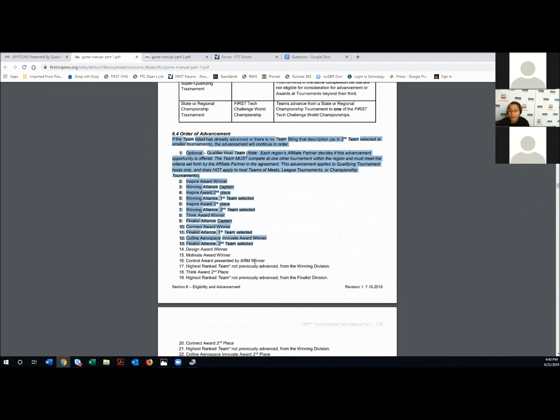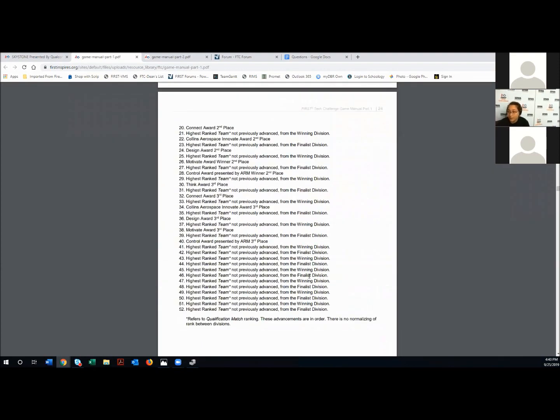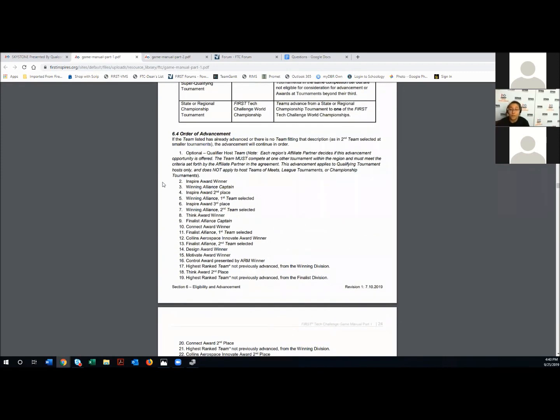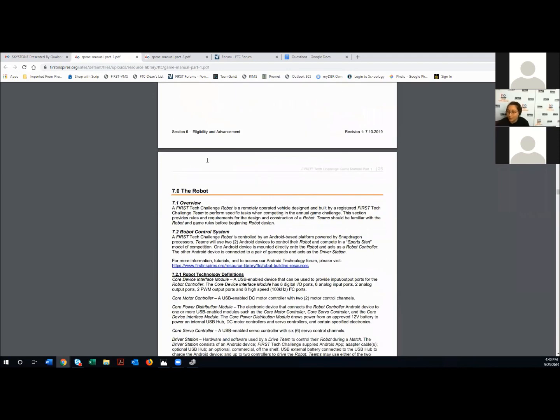I highly recommend having this handy and having your team know the order of advancement. It's quite a long list. It goes to 52. Hopefully we will never have to go to 52. But it's good to know at least the top 18, since there's 12, and I'm sure there will be duplicates somewhere, in some competition. All right,